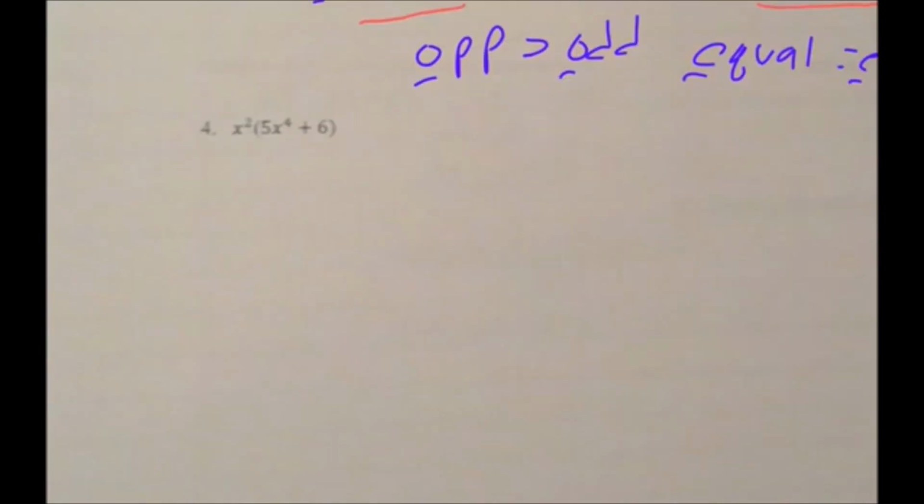We haven't had an even yet, so I'll give you a wild guess what number 4 might be. But let's make sure that we're right before you go assuming things. So before we start, let's distribute this x squared. So we come up with 5x to the 6th plus 6x squared, right? So f of x